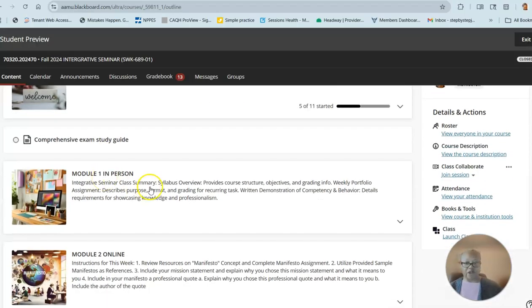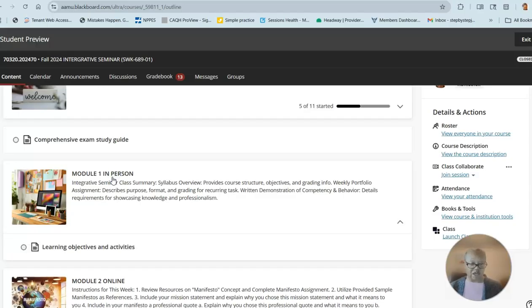Okay. You'll also have modules, which are the equivalent of weeks. So for each week, you'll have a module. And what I've laid out for each module is you'll know whether or not we'll be meeting in person or will you have strictly online assignments. So naturally for the first week it's in person. And so I go over what it is that we'll cover,